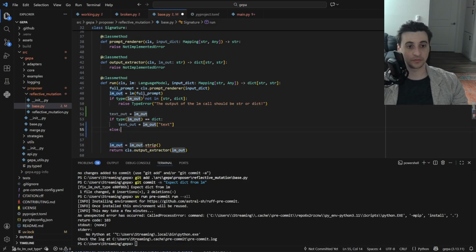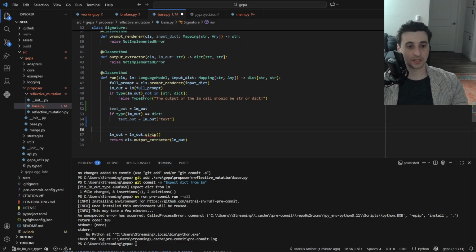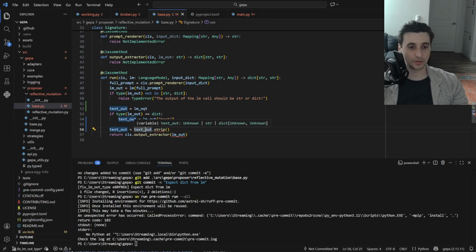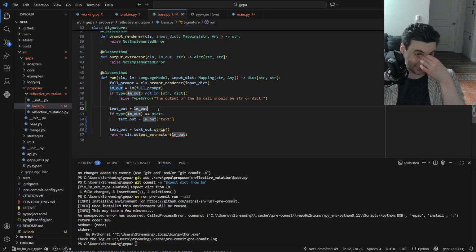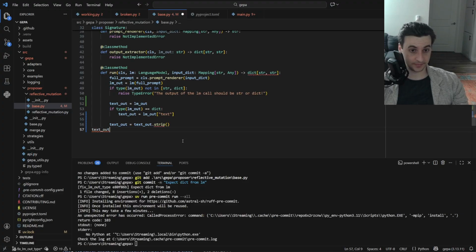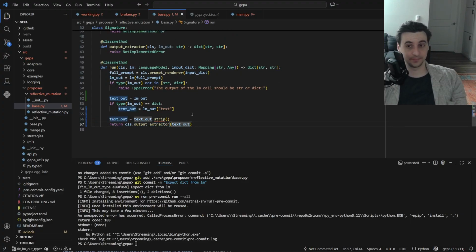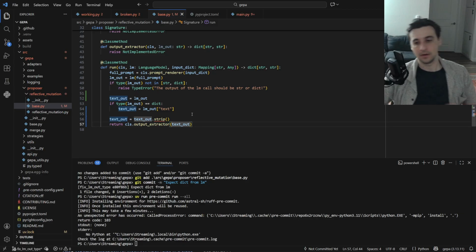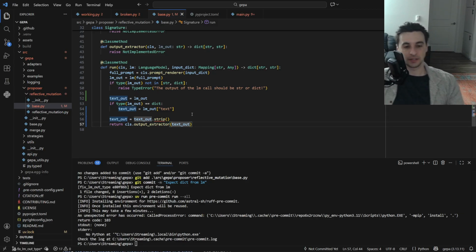We can simplify this logic and then we can say text LM out dot strip. Nah, because this can still be, because it still wants, yeah,